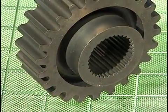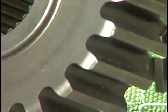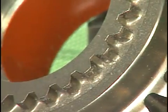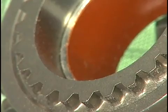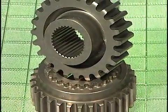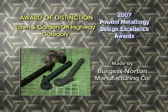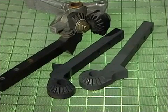Made from a modified MPIF FL4405 PM material, the parts feature a density of 7.4 grams per cubic centimeter, a tensile strength exceeding 200,000 psi, an apparent hardness of 45 HRC, and a micro hardness of 60 HRC. The sprockets are carbonitrided for tooth wear resistance. Burgess Norton Manufacturing Company has won an award of distinction in the lawn and garden off-highway category for two actuator